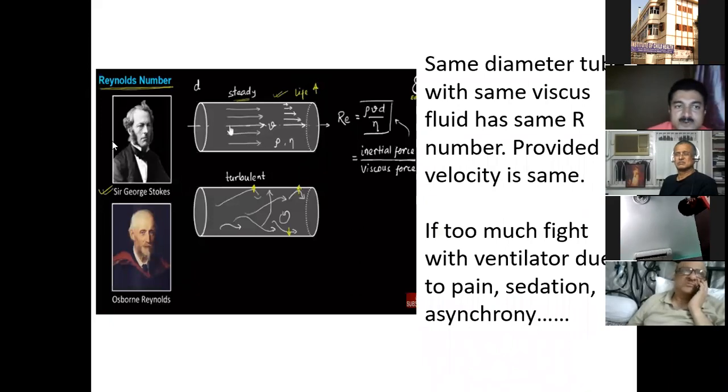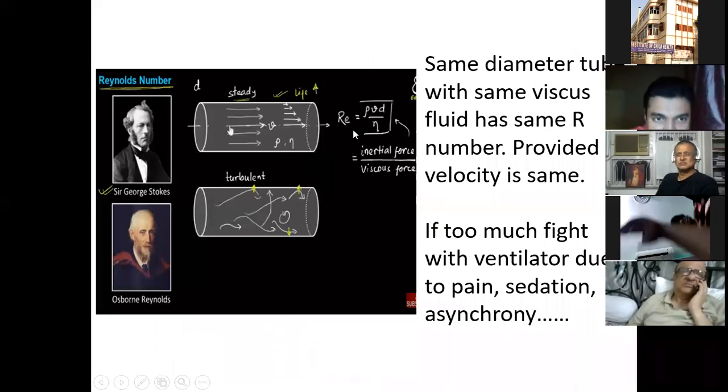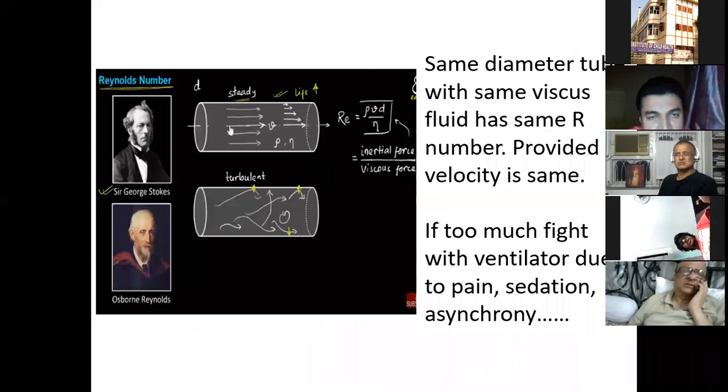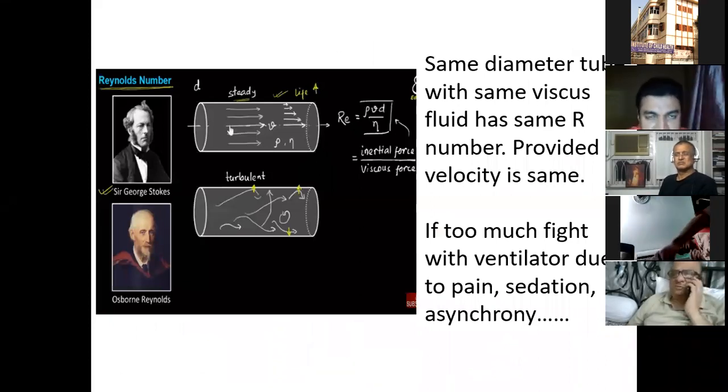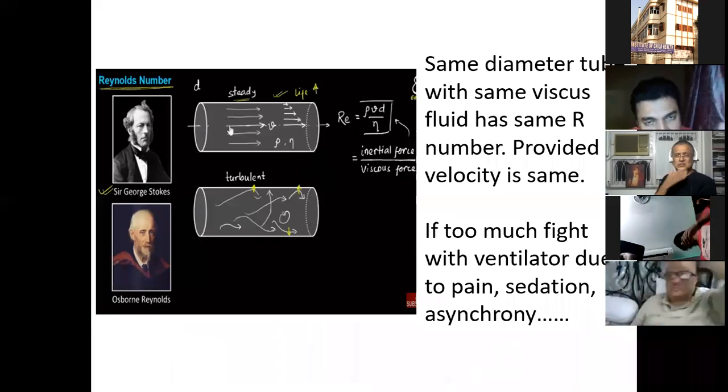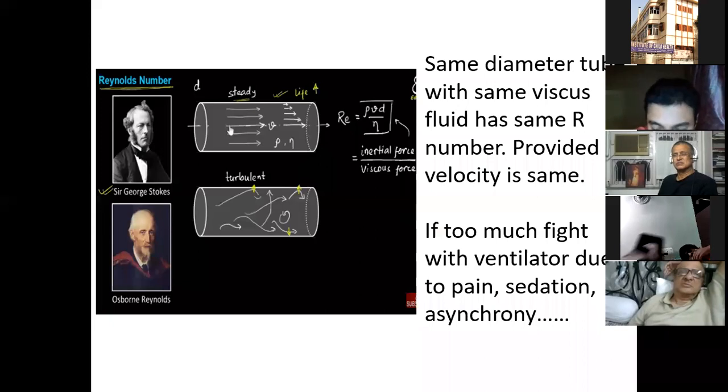Just concentrate on this equation, that there is a number popularly known as Reynolds number. If the Reynolds number is less than 1000 or less than 2000, it is laminar flow. If the Reynolds number is more than 2000, it is turbulent flow. Another thing I'd like to highlight here,